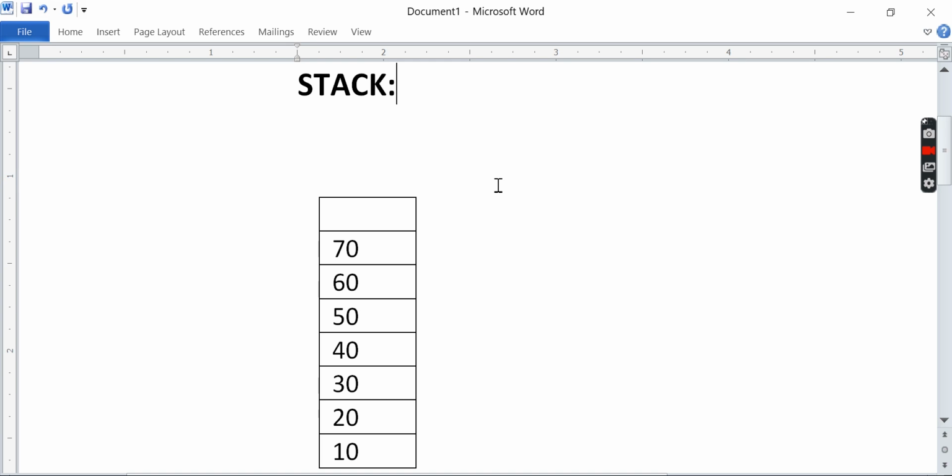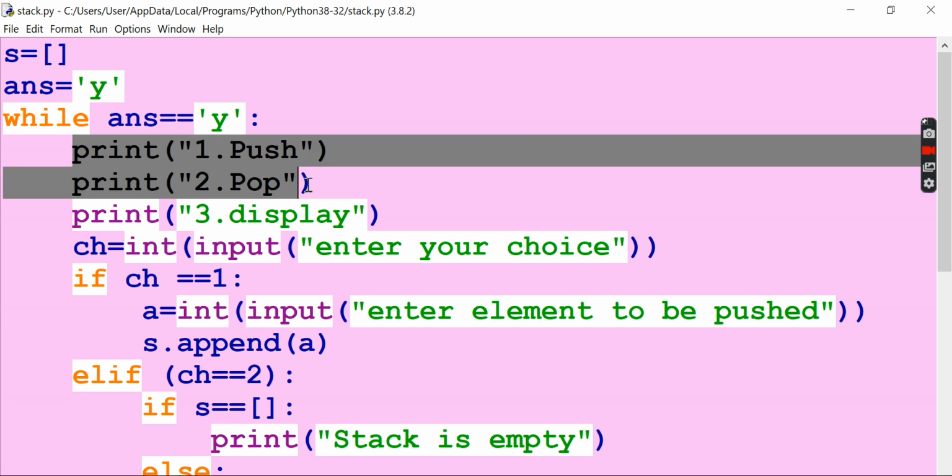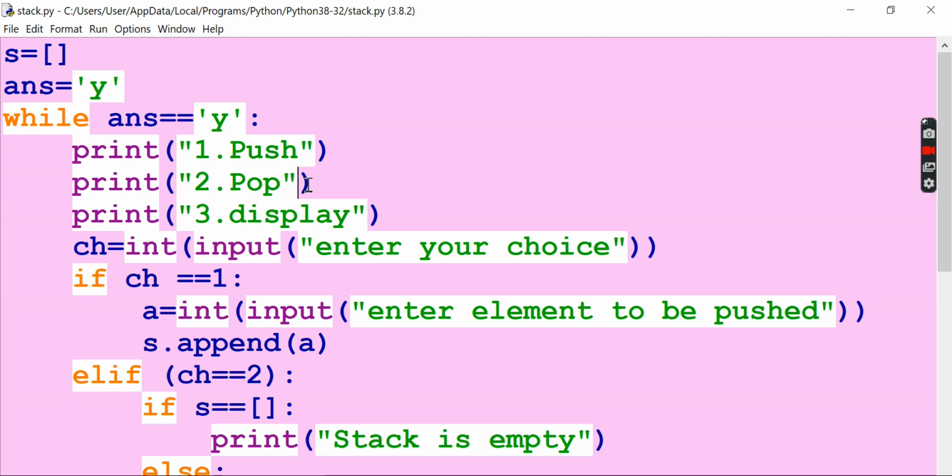Now, how are you going to deal with this in programming? If you see here, we are just going to write a program like that. From here I'm asking the user: press 1 to push an element, press 2 to pop an element, press 3 to display.